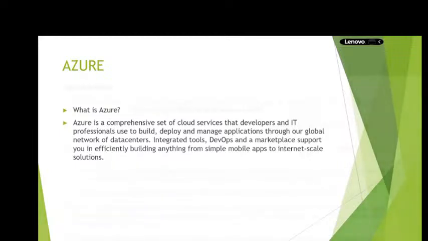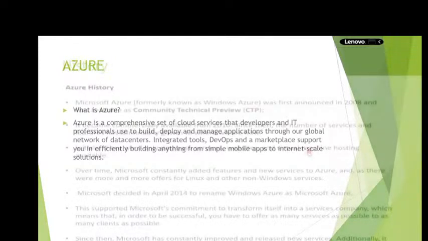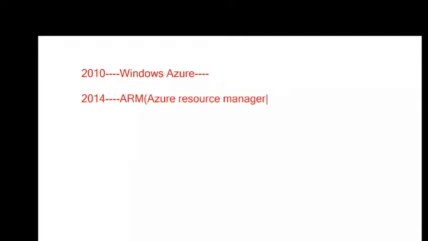Next, when did Microsoft Azure come into the picture? Microsoft Azure came into the picture in the year 2010. At that time we called it Windows Azure. Windows Azure supported only Microsoft related applications. Later, in the year 2014, they introduced a new deployment model called ARM. ARM means Azure Resource Manager. And they renamed Windows Azure as